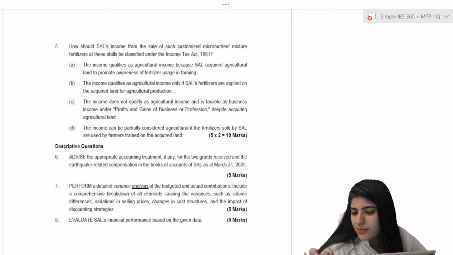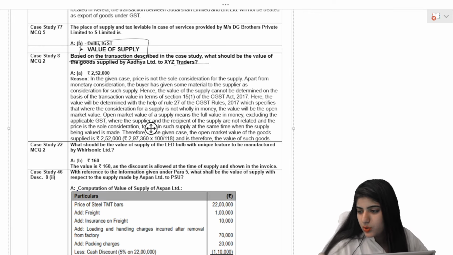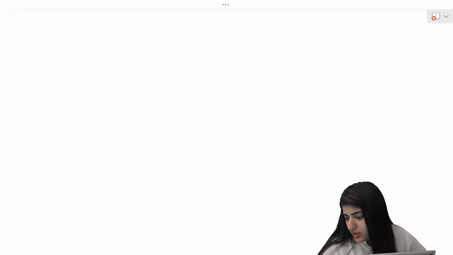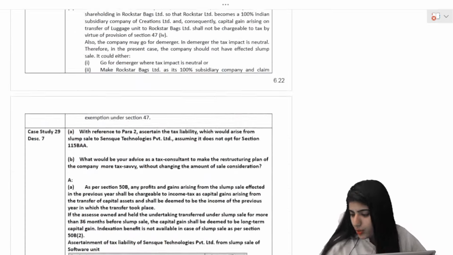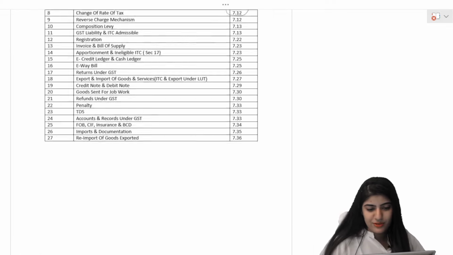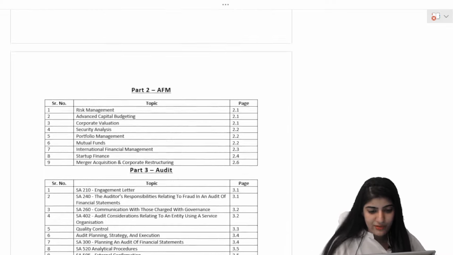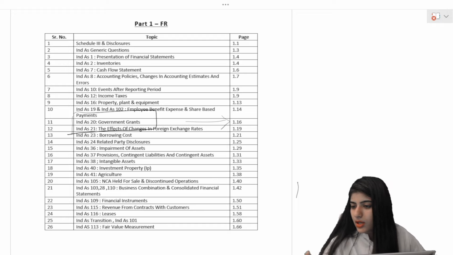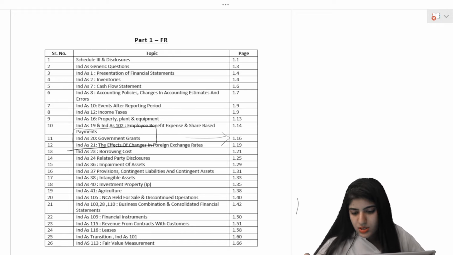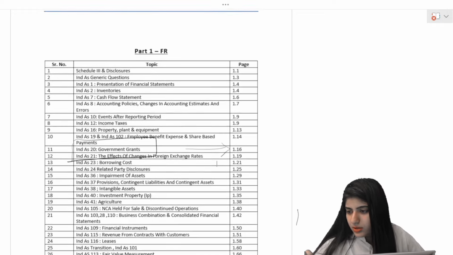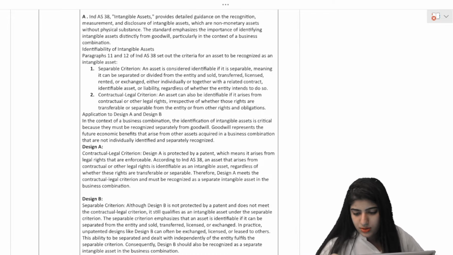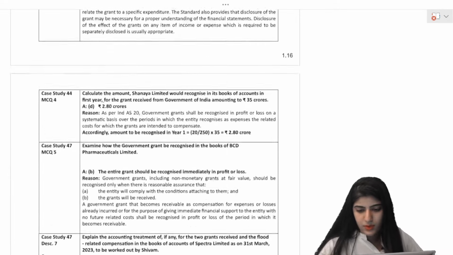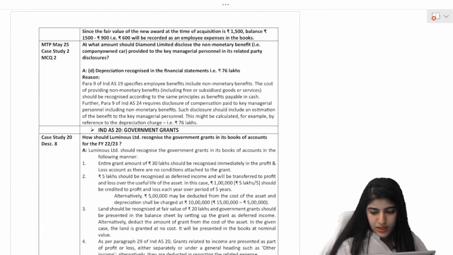Okay, let's move to the IBS 360 and we'll scroll up to the next. Obviously, you people don't have to scroll in the exam because you'll be taking the book. Using a book is easier than using a PDF for sure. Okay, FR. Here it is, India's 20 government grants, page number 1.6. Let's move to 1.6. 1.16, I'm sorry. Yeah, here we are. This is not it,